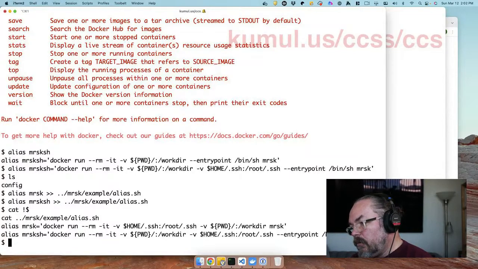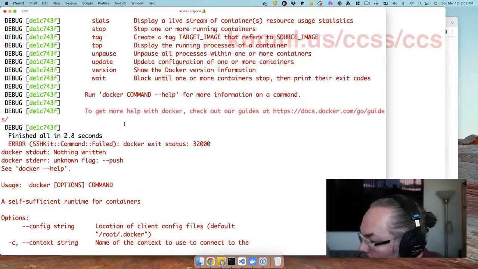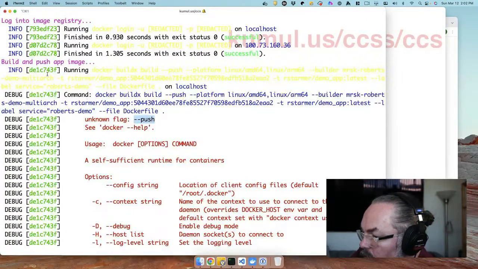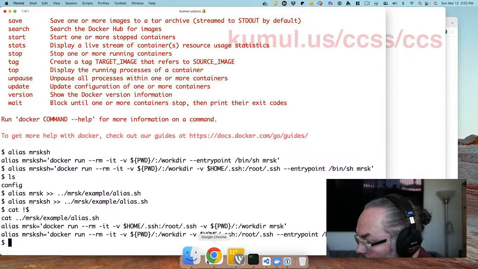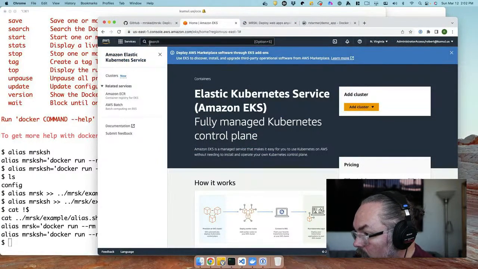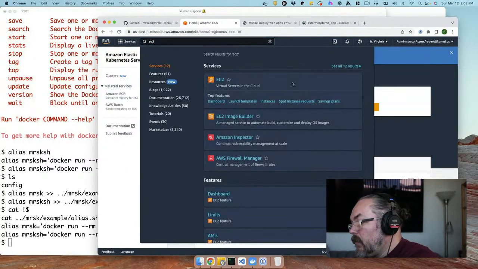Now, the one thing I noticed is that it's trying to build a Docker environment, and that's going to blow up anyway. I'm actually wondering, what did it complain about? It couldn't find the command push. So on this build of my instance, it didn't like the Docker command that it was trying to run. So we're going to spin up an EC2 instance. And there's a bunch of different ways we can do this. The simplest for me right now would be to just go into EC2, virtual servers in the cloud,